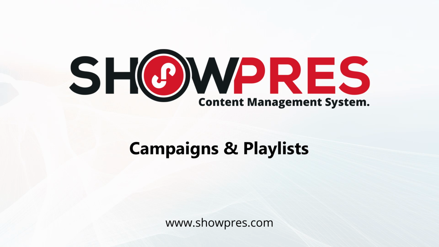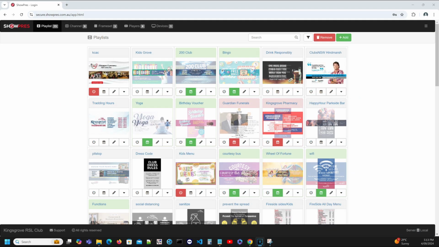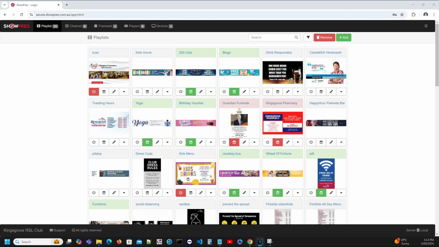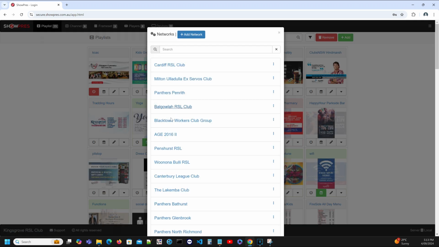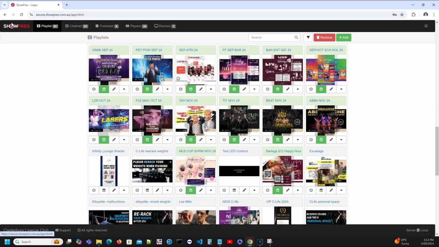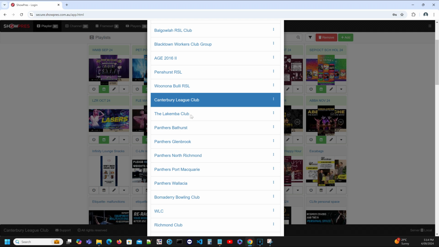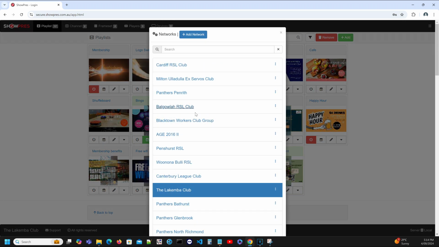Campaigns and playlists. ShowPres is designed with automation and service tasks in mind, rethinking the process of content distribution. It automates procedures and distributes campaigns to screens by channeling it into automated playlists. This approach enables more precise content management, allowing you and your team to focus on specific campaigns without affecting playlists